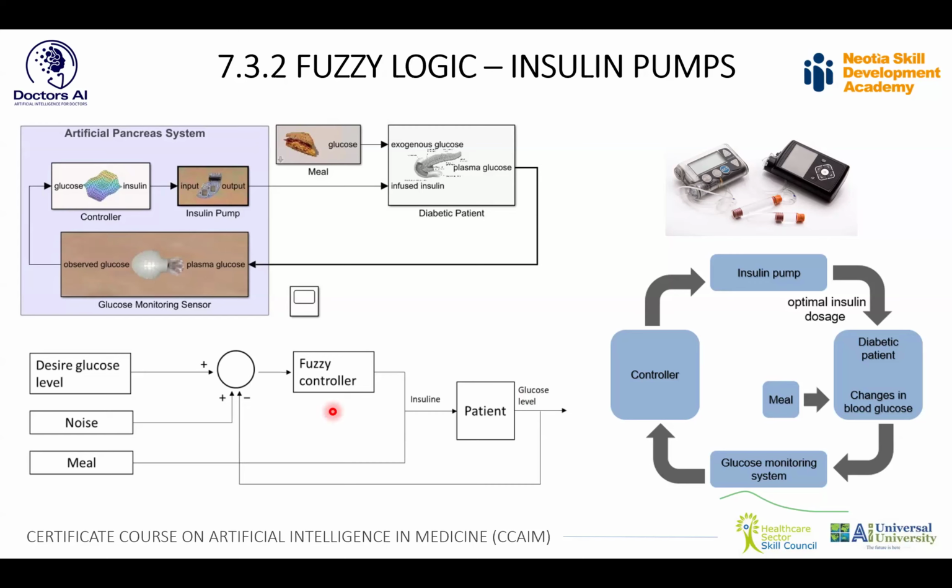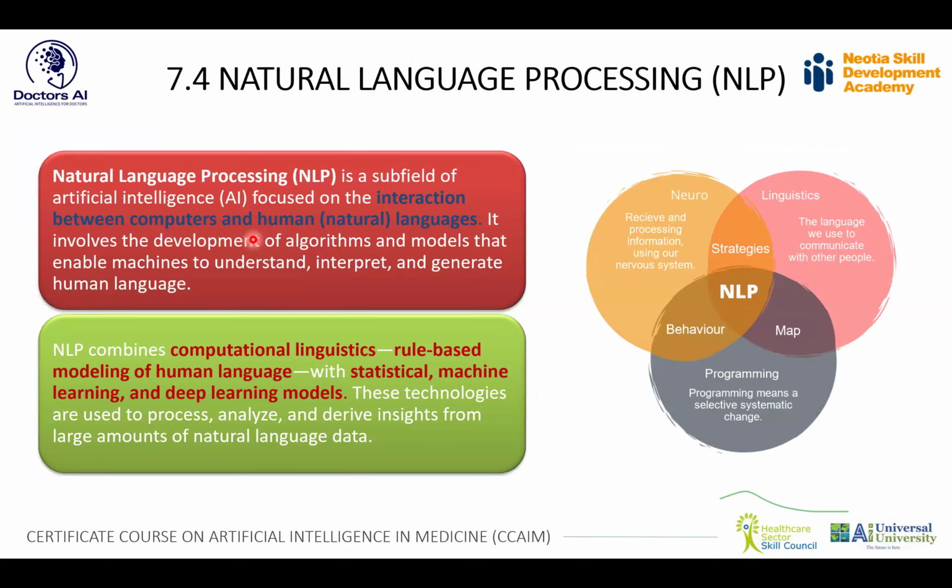You can see here, the pump picks up the sugar level from the glucose monitor. If there is a meal happening, the indication is to give more insulin to make up for this sugar, because it picks up the pattern and the fuzzy logic algorithm stimulates the pump to give more insulin. If there is hypoglycemia happening, it asks the pump to suspend the basal dose of the insulin, right? This is how these algorithms work.